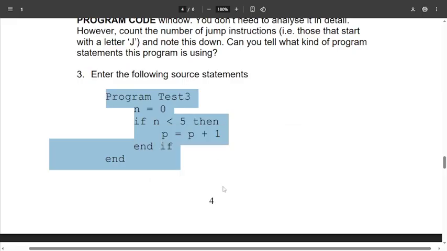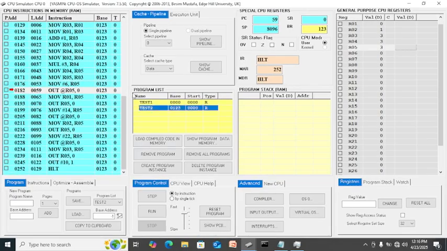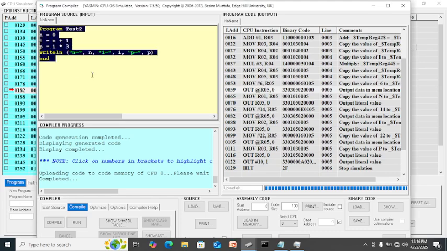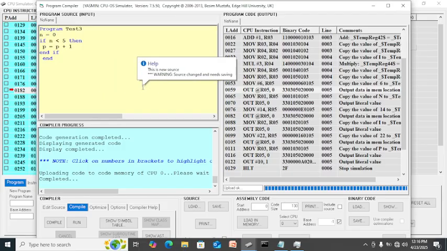Then we are going to compile it again. So go to your compiler and overwrite this. Paste the program.